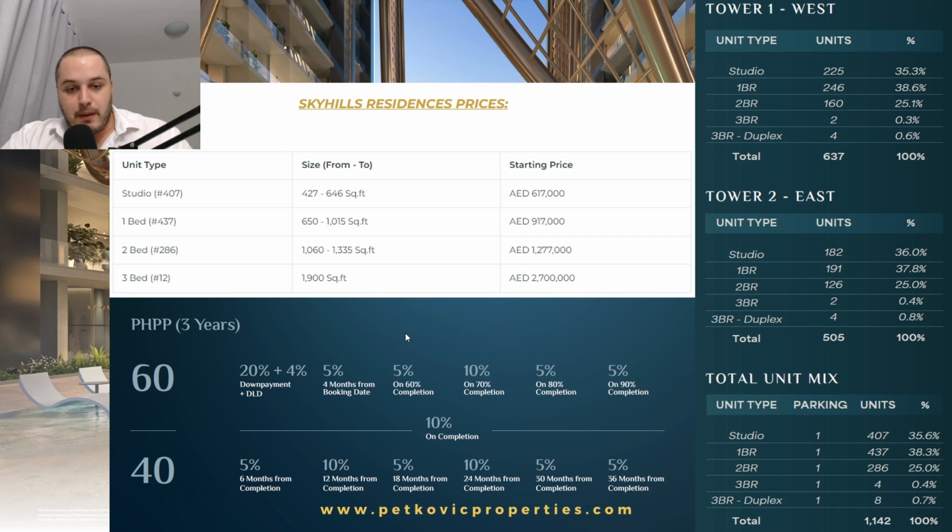Regarding the payment plan, this is what's fantastic for this project and what will get you to see these prices far more attractive. Why? Because it has a 3 years post-handover payment plan, as I have previously mentioned. Considering everything we have seen regarding the project, all its future potential as well, and the fact that it is already 40% completed and you are paying only 20% right now at the booking, with 4% of course to Dubai Land Department. Your next installment is within 4 months, which is 5%, and then every further installment of 5%, 10%, and another 2 installments of 5% are linked to construction. So on 60, 70, 80 and 90% of the construction, with 10% on completion